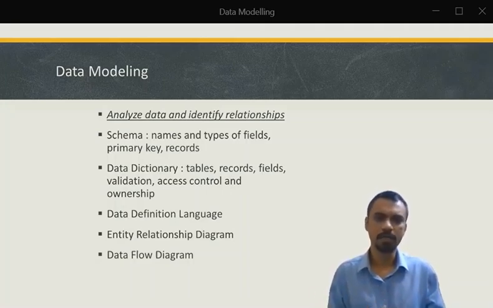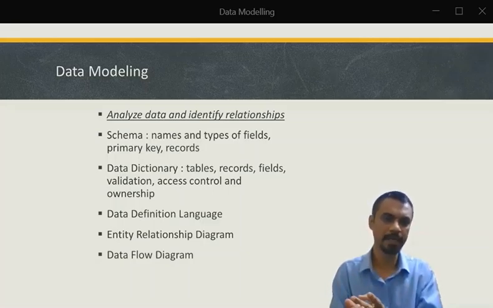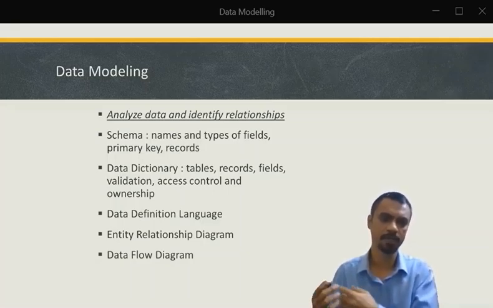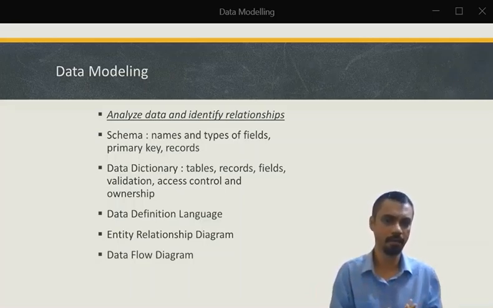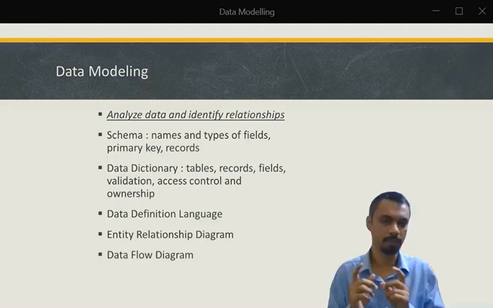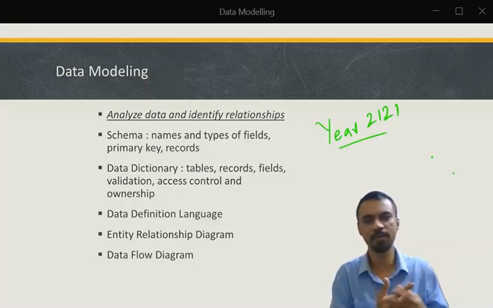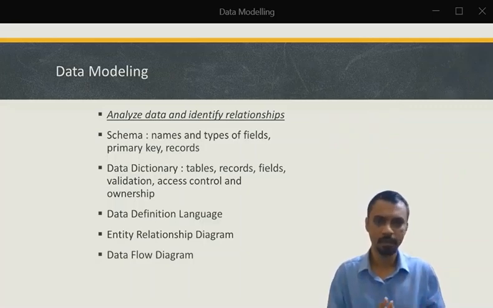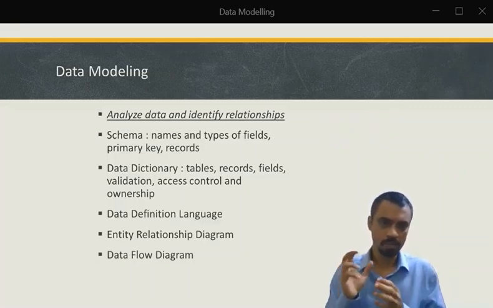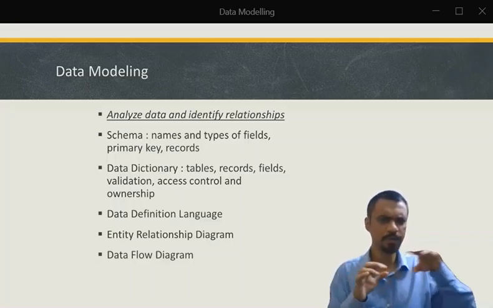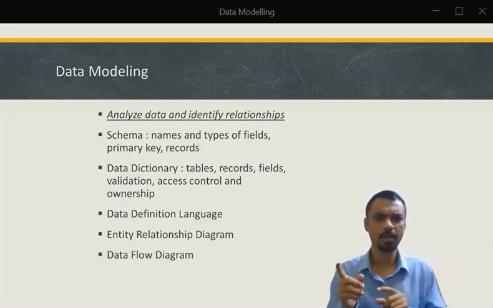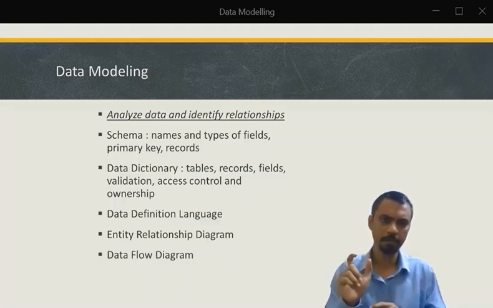So that cannot be a primary key, because if I go and look for the details, say grades in MIS of Satyajit Raut, I may end up seeing multiple entries. I don't know who is who, but the roll number is unique. There will not be two students with the same roll number at least for another 100 years. Maybe in 21 we may see the same roll number again. So the schema tells me what the different fields or variable names will be, and which of them will be a primary key, that is your roll number.